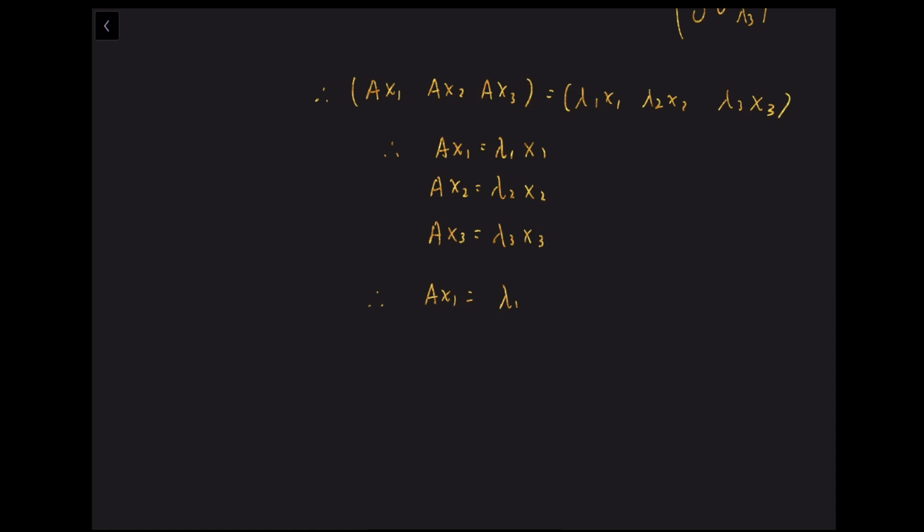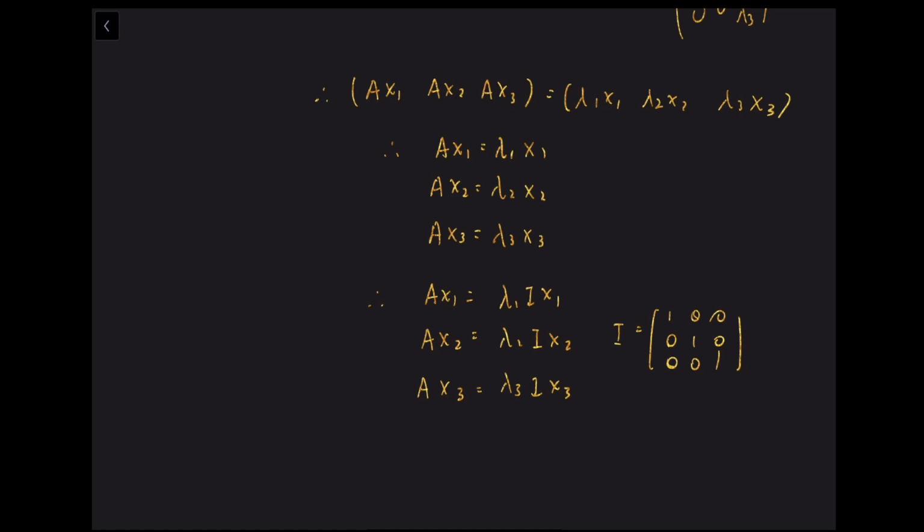Which are equivalent to Ax1 equals lambda 1 times Ix1, Ax2 equals lambda 2 times Ix2, and Ax3 equals lambda 3 times Ix3, where I equals the identity matrix 1, 0, 0, 0, 1, 0, and 0, 0, 1,